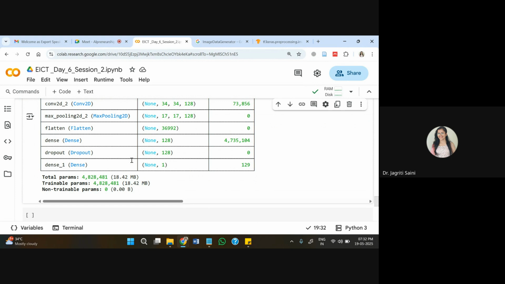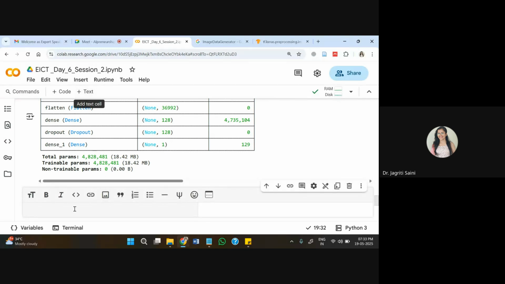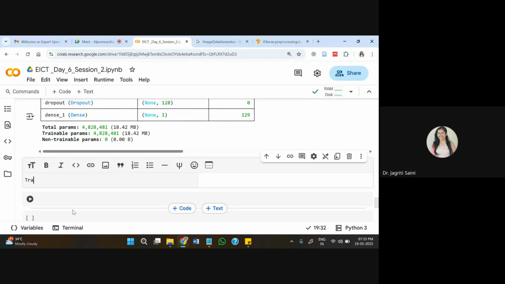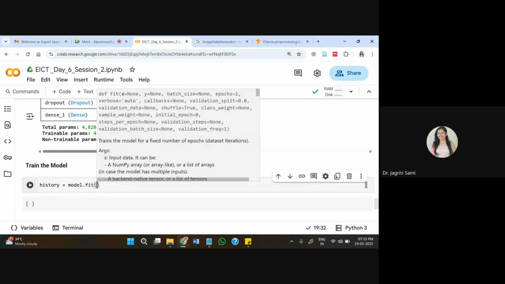Once we are done with this, now the training process we can start, because the model building process we are done with. Now I'll write here, train the model. And in order to train this model, again, the technique is very simple. I'll use the history variable to store all the details of this model, and the fit function we can pass.